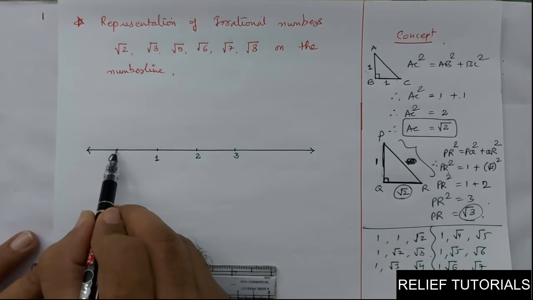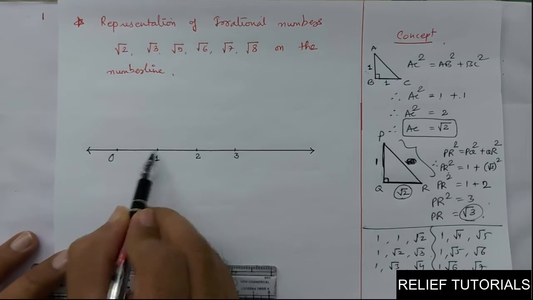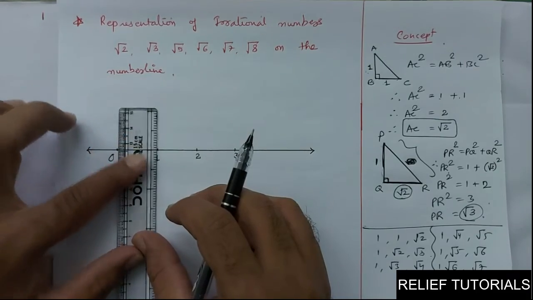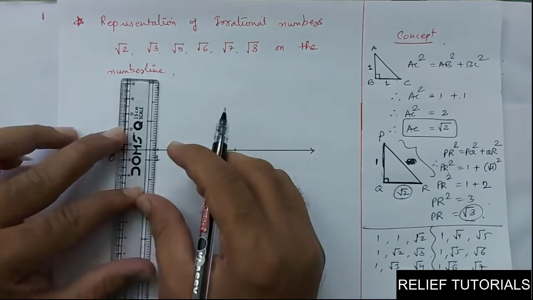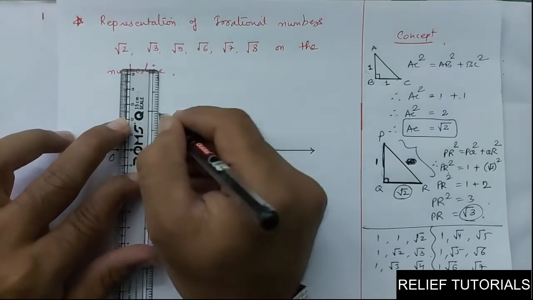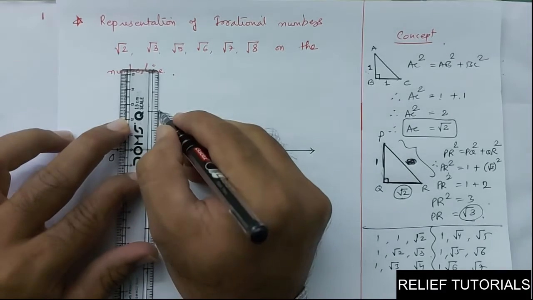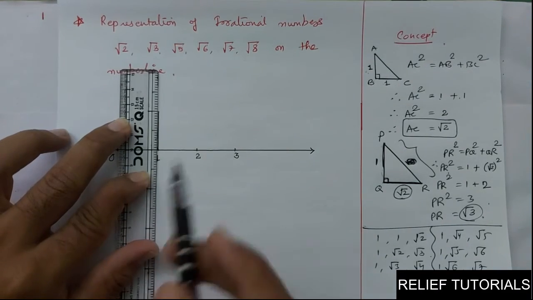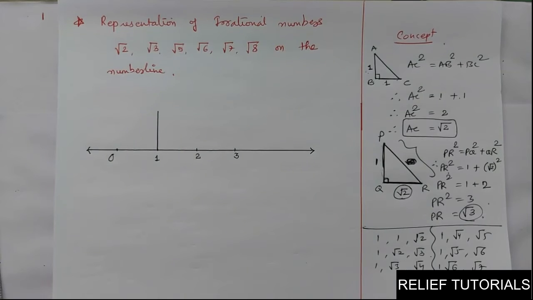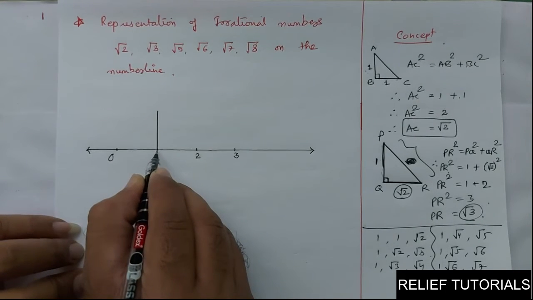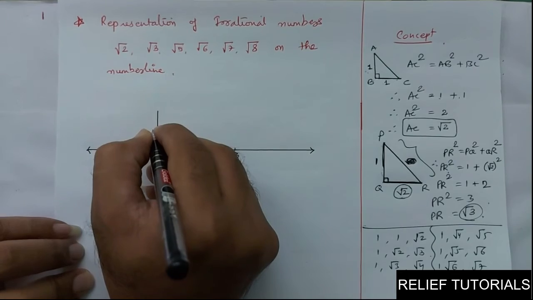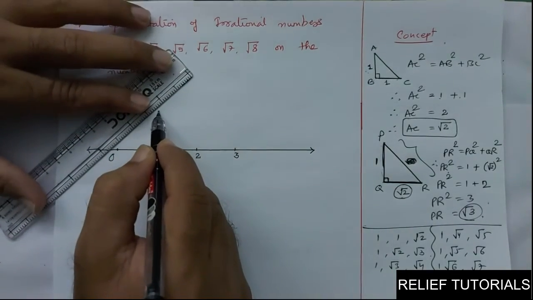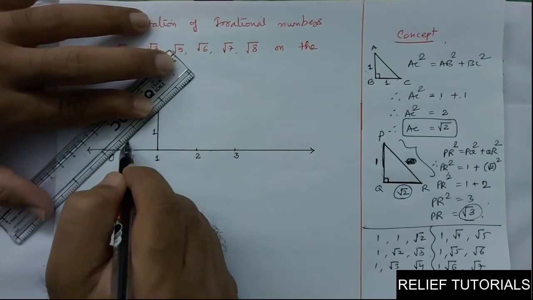So this length from 0 to 1 is 1. Now if I draw exactly a perpendicular line of measurement 1 each again, look at this, 1 each I have taken. The measurement of this one is 1 already, 0 to 1 means 1, and the measurement of this length is also 1. And if I join the hypotenuse, then what would be its length?